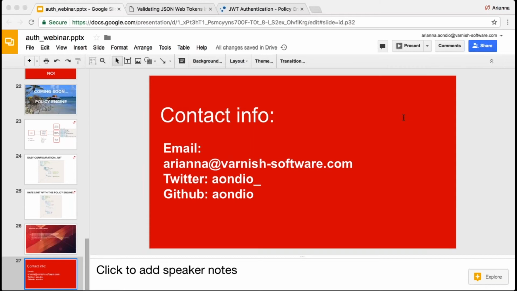Okay, so is the policy engine for Varnish Cache and Varnish Plus, or Varnish Plus wholly? To be honest, I'm not 100% sure about it. Today was just a slightly technical preview of the policy engine. If you stay in touch and check out our website regularly, I'm sure you will find the answer to this question. As of today, I'm not 100% sure, but I'm sure it will fully integrate with Varnish Plus, that's for sure. But I don't know.